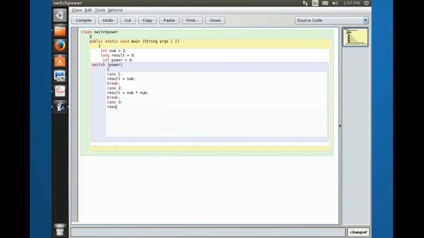case 3: result = num * num * num; break; case 4: result = num * num * num * num; break; default: System.out.println("Power should be from 1 to 4");